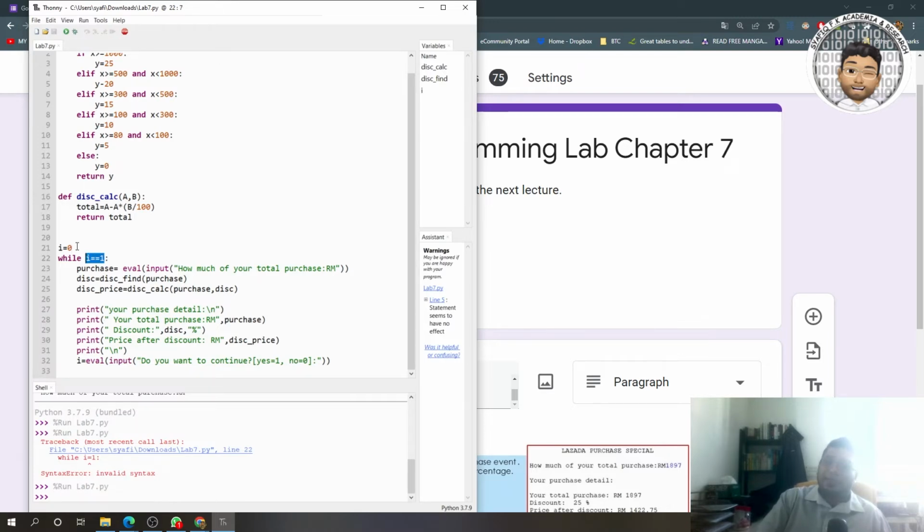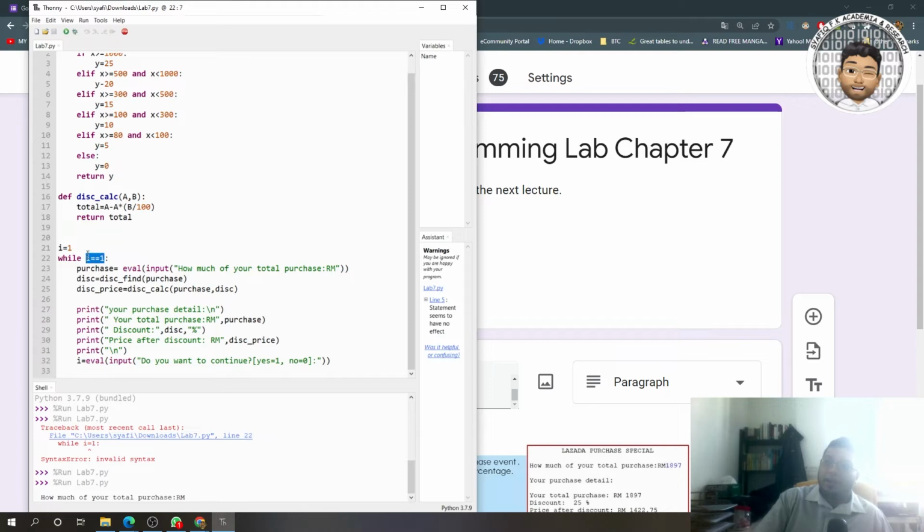So this one, because if we want it to become true, we put it 1. Okay, now here when you run it, i equal 1 is true, so it goes in. You see? So this is one of the things that you need to focus on. Faham? If we change the number, for example i equals 2,